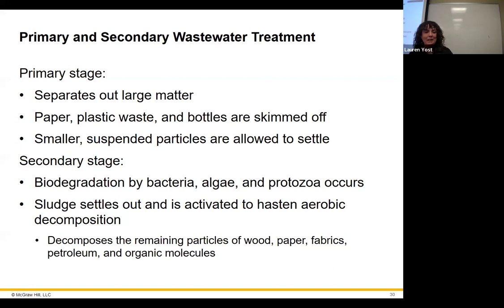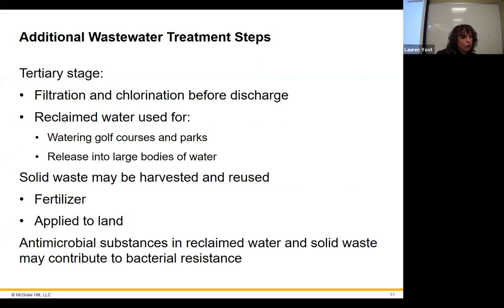So basically, it's the stuff that didn't get digested before, but it is not water. So we have bacteria that we can use to digest the sludge down. And so we can get as much water out of that as we can, because we want to conserve as much of the water as possible. We can even use some of the leftovers from all of this stuff for fertilizer and stuff like that, okay?